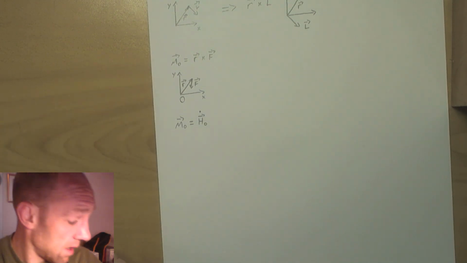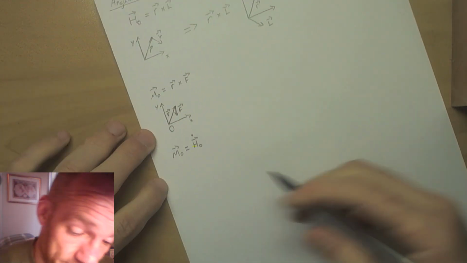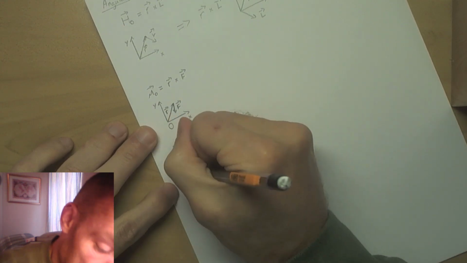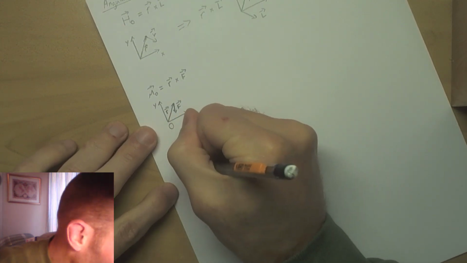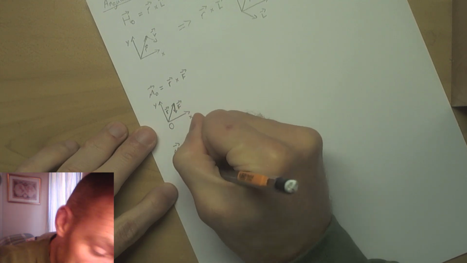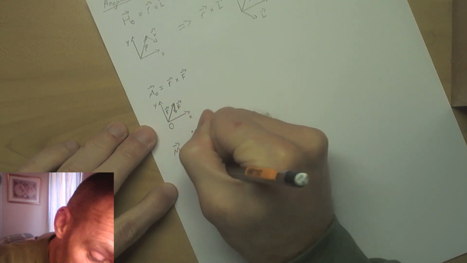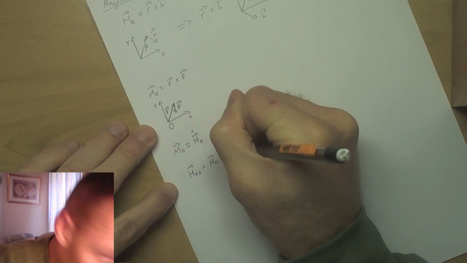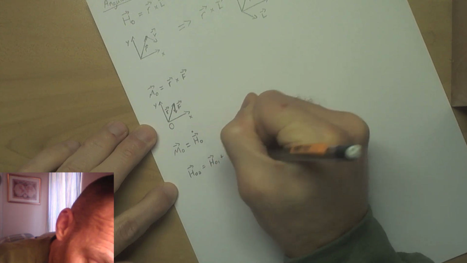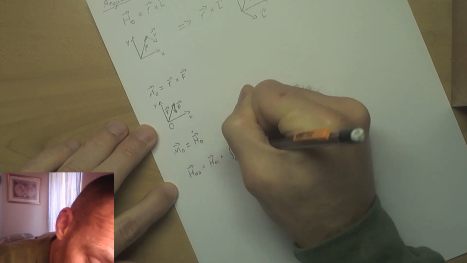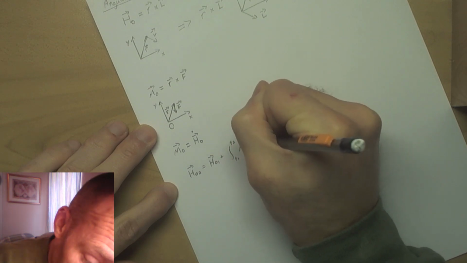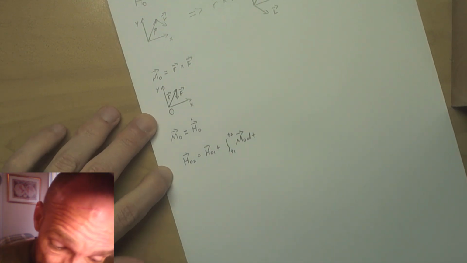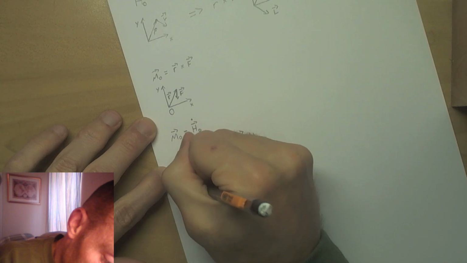And so this statement allows you to write these two impulse equations. So we have an angular impulse just like we had for linear impulse. And then just for completeness,